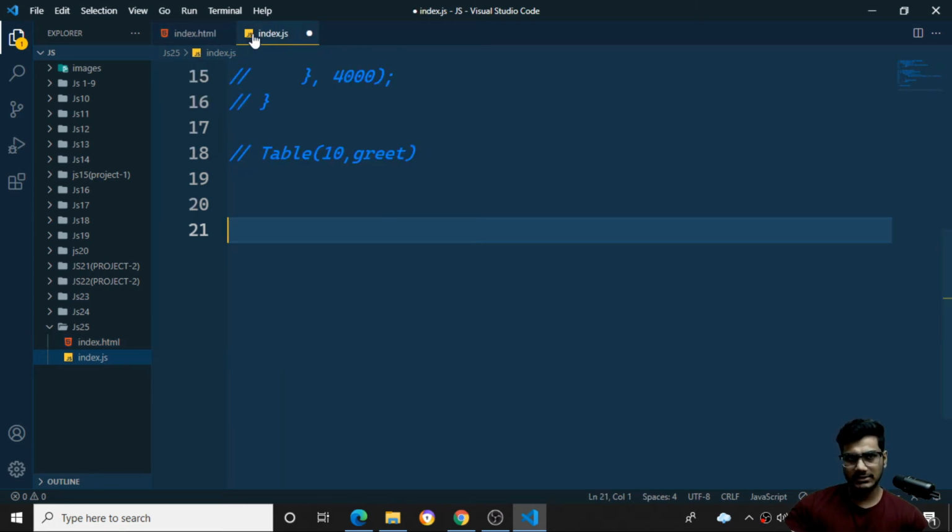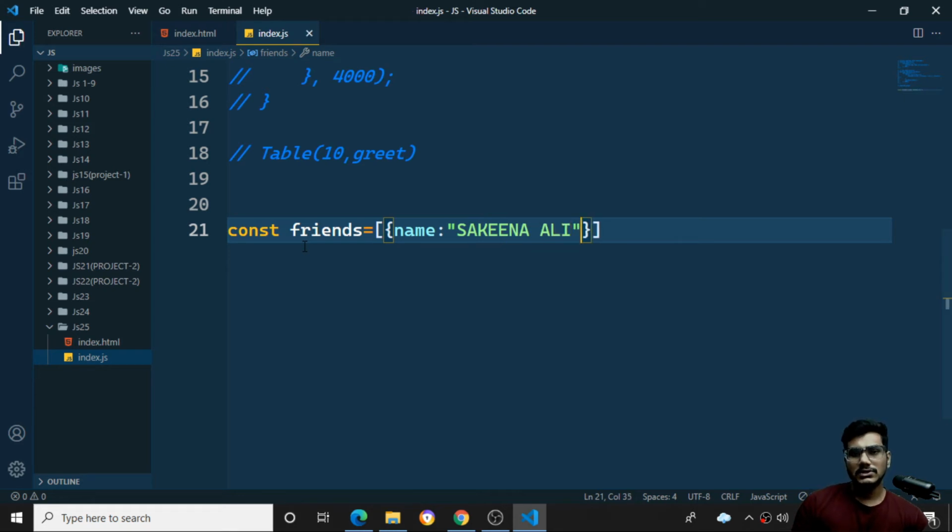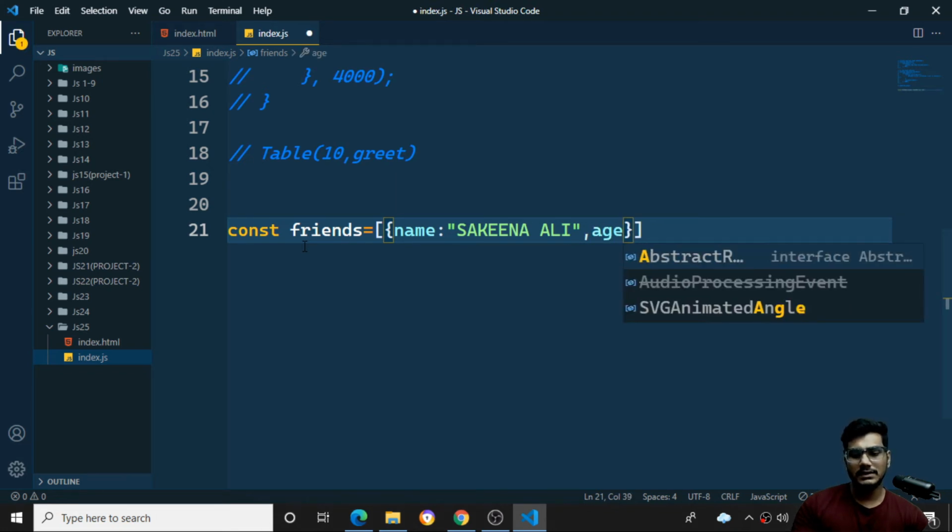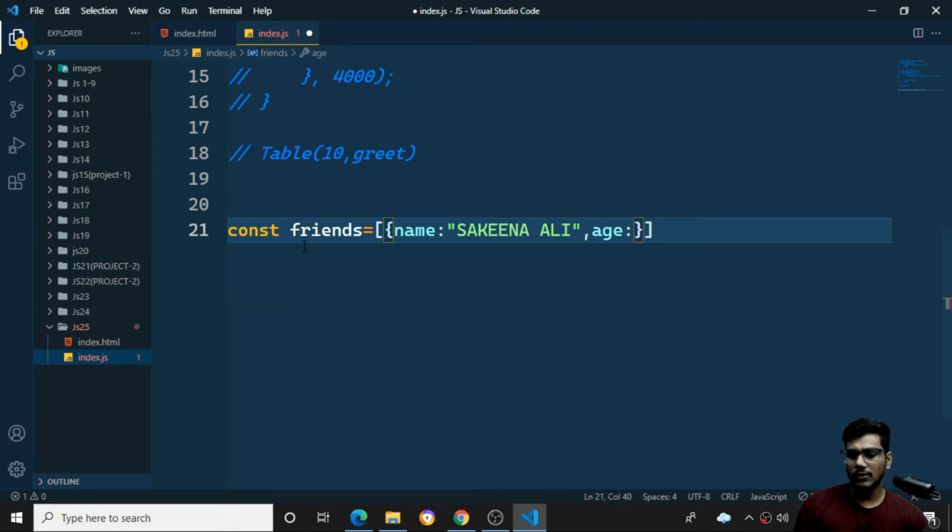Coming back to the index.javascript file, I'll say const myFriends, and I'll give some elements with friends equal to. Here I'll be putting it in the form of JSON format, like an object. I'll say name is equal to Sakina Ali, that is her name, and I'll give her age: age is equal to 22.